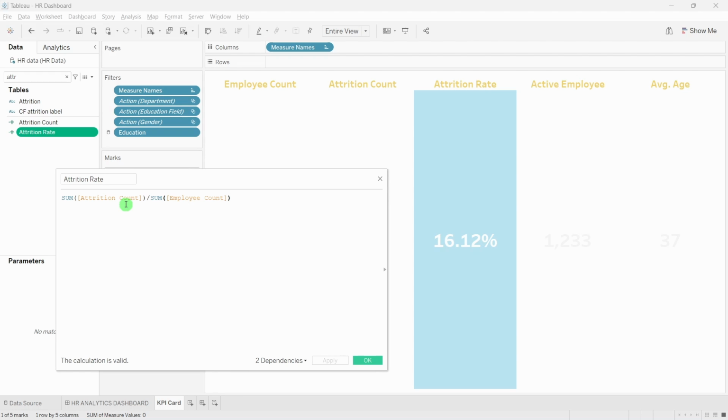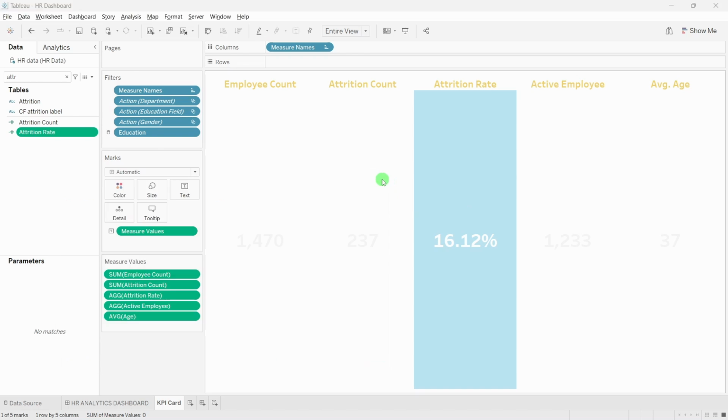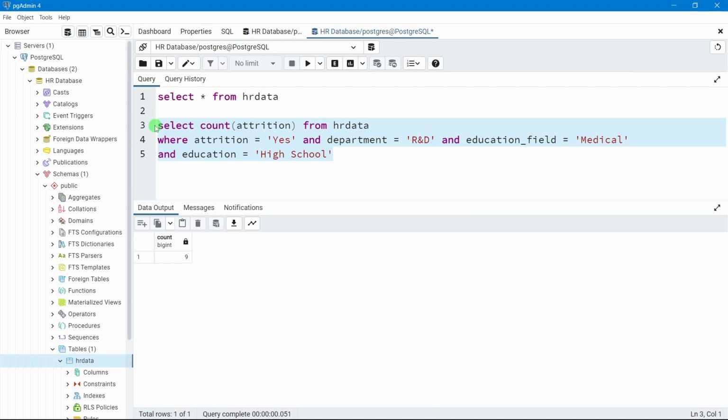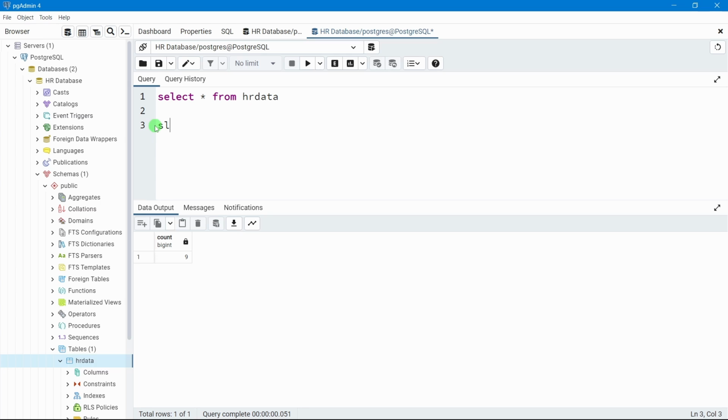Now this is something we have to write in our SQL. So how to do that? Let's see. I will just delete this. I will write my query first and then explain it. First I will write a select statement, because we want to retrieve the data. It should be the division of attrition count, so we have to find the attrition count first. To find it, I will write one more select statement here: select count of attrition from HR data, where